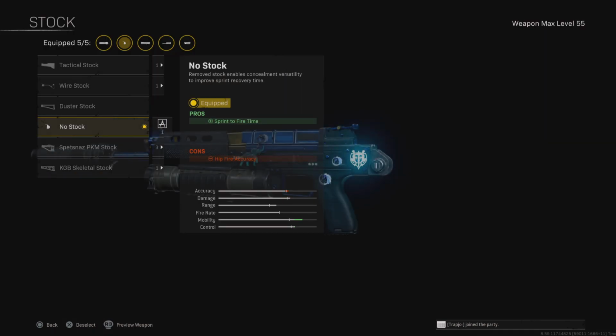And this is one of the biggest important attachments to this weapon. No stock. Remove stock enables concealment versatility to improve sprint recovery time. Sprint to fire. You always want to have sprint to fire. It's always about who can pull their weapon out fastest. It's about who can get their shots off quicker. That's why sprint to fire time